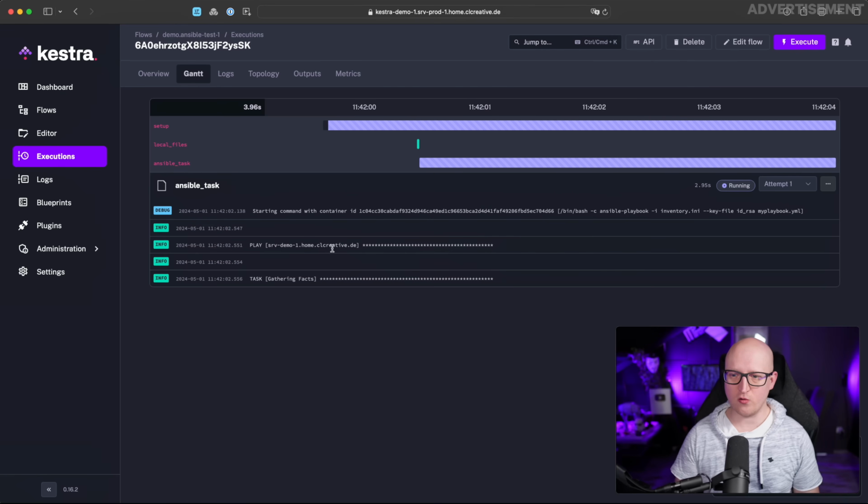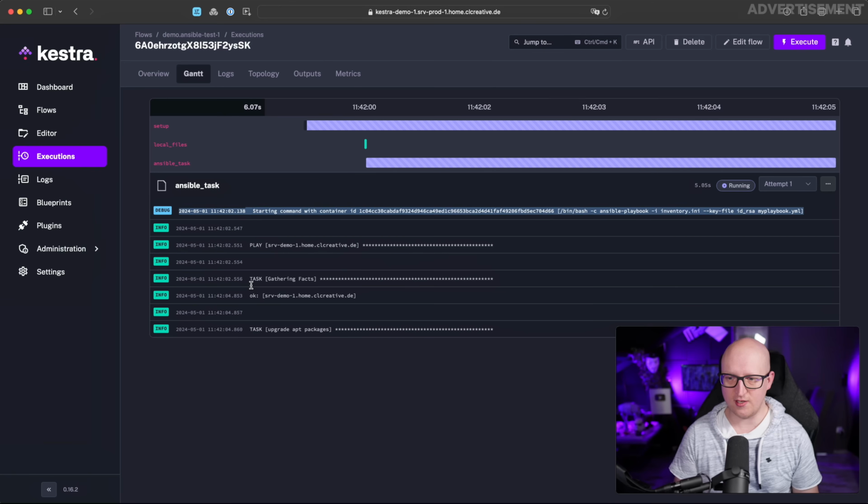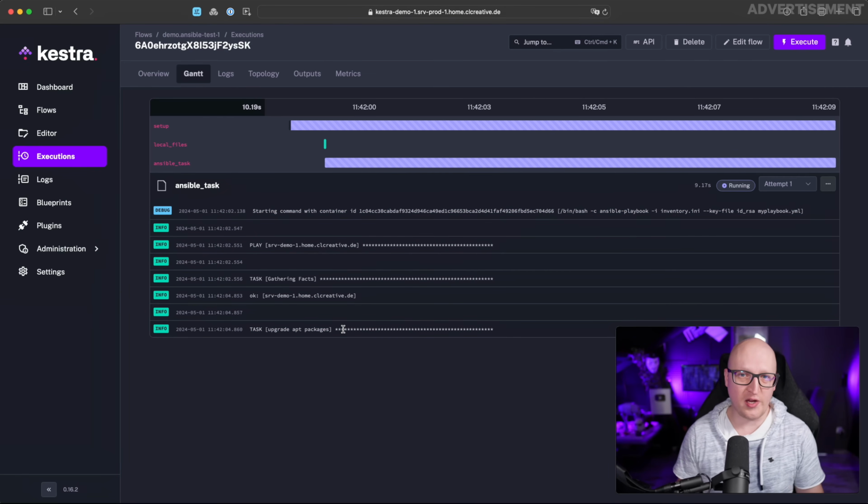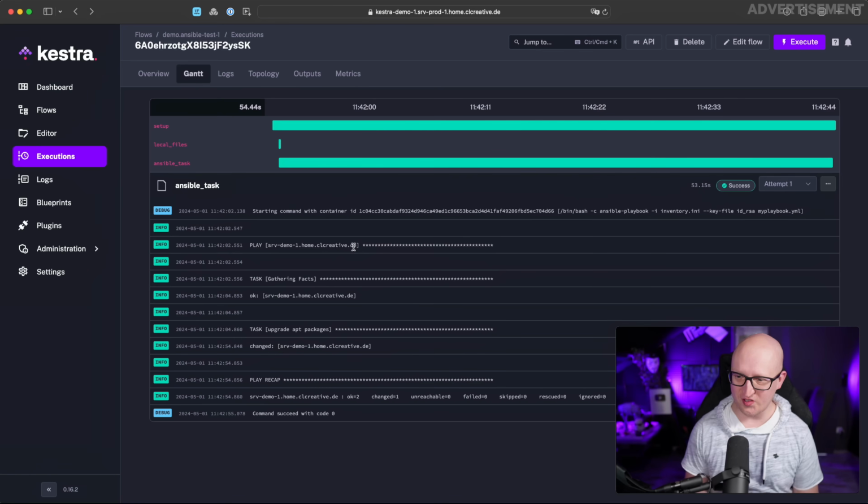And if we take a look at the logs here, now it's connecting to the remote machine, it's upgrading the apt packages, which might take a while depending on when you have done it the last time. So when it needs to update 100 different packages, it might take a bit longer. So I'm just going to wait until it's finished. And yeah, cool. So that was successful. This is how you can easily upgrade all the apt packages on your remote servers using Ansible and Kestra to